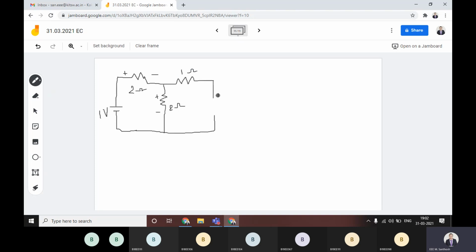Then here you will have the final value Vc of infinity. If you have Vc of infinity here, you will have Vc of infinity here also. Why? Because that is open circuit. This Vc of infinity also appears here. As simple as that. Okay, now you calculate that Vc of t.